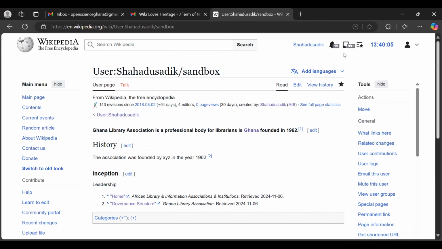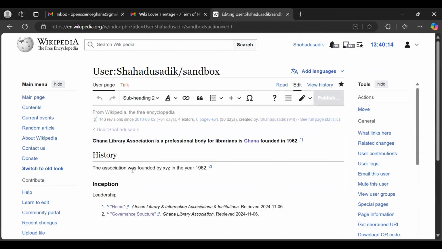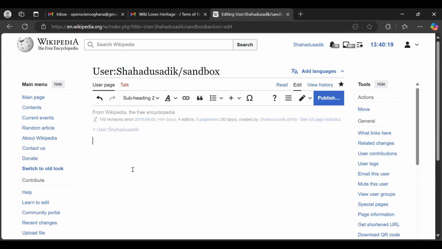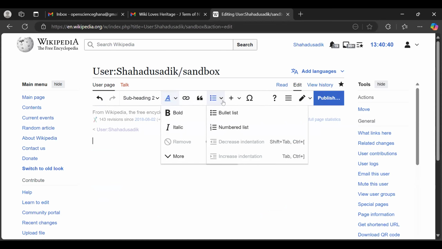So once you click on your sandbox, it will open a page like this. I can delete this. I was using this for another training. You can clear everything from here to have a fresh page like this, and you can experiment by creating articles. The home page here, just like if you open a new article, you see the same thing like a word processing document: italics, bold, underline, link here allows you to add a link, quotation, bullet list, and number list.